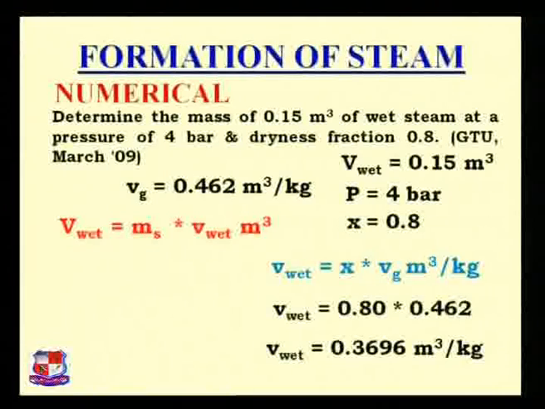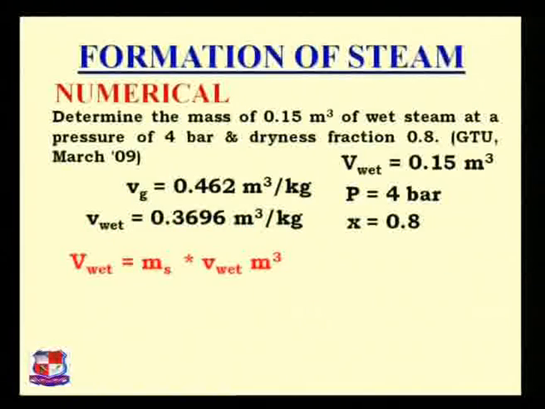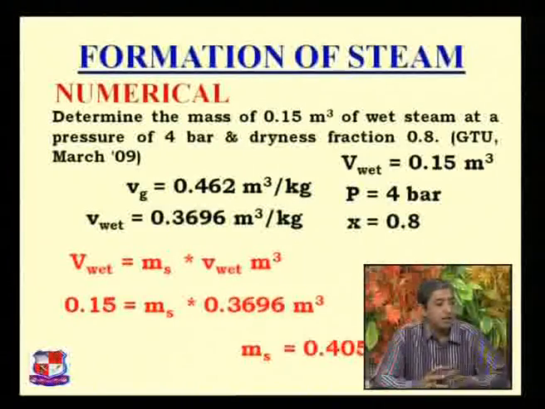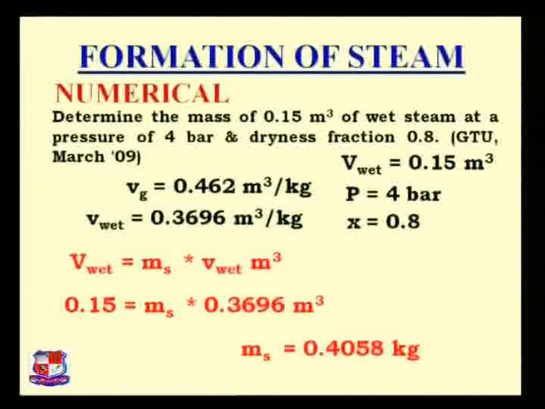Now substituting this data in the above equation, we can get the mass of wet steam. So 0.15 is equal to ms multiplied by 0.3696, which will give us mass of steam is equal to 0.4058 kilogram. It means in this problem we have to calculate the mass, and the total volume of wet steam is given. In some of the numericals, they give the total internal energy of steam, and we have to calculate the